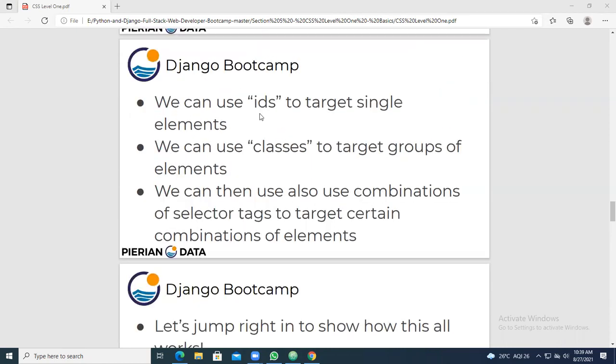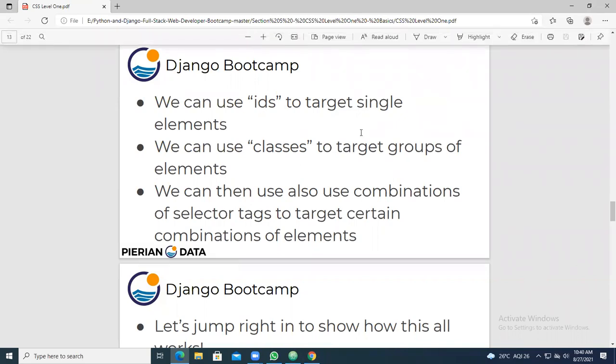Here, if you are targeting a single element like a paragraph, H1 tag, headers, paragraphs like that, you are going to use ID as a selector. So which are the selectors? One is the ID, the other one is classes. These are the two things you are going to target. So for that, now come for the demo of these selectors.